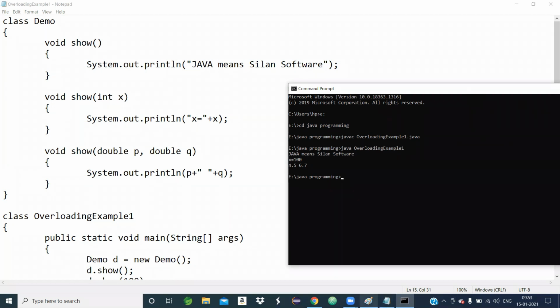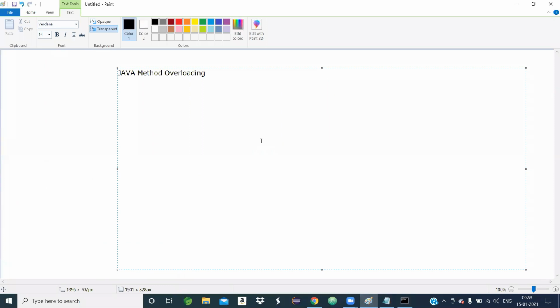So what is the definition then? What did we get? If I write: when a method is defined multiple times to perform multiple tasks, it is known as method overloading.